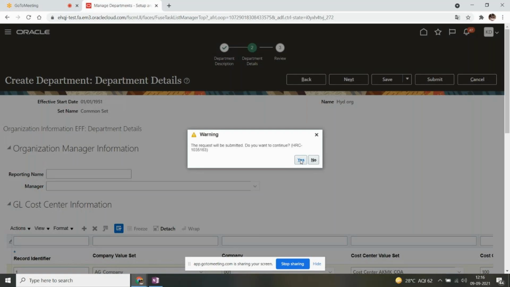And sometimes they will miss creating departments which are related to the projects, like project owning organizations and project expenditure organizations. So in that case, we will reach out to them and ask them to include the departments that we need, that will be used for projects as well, right?